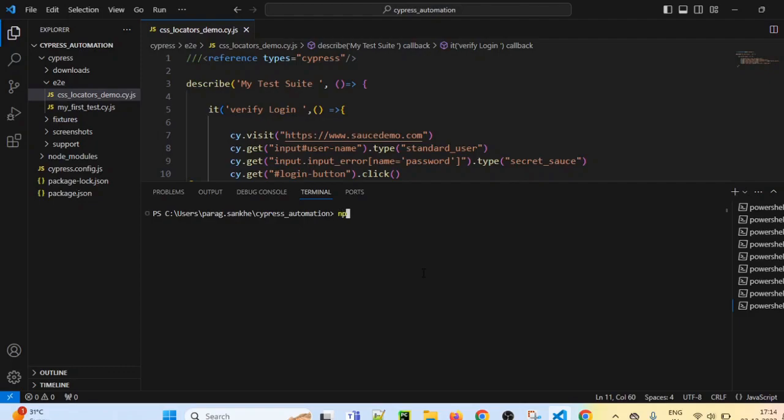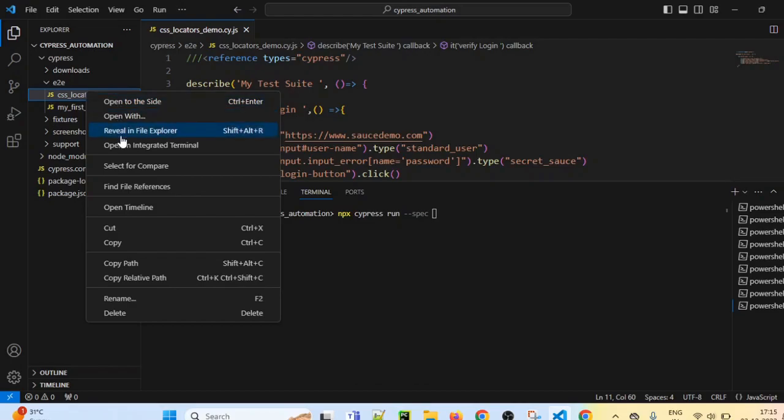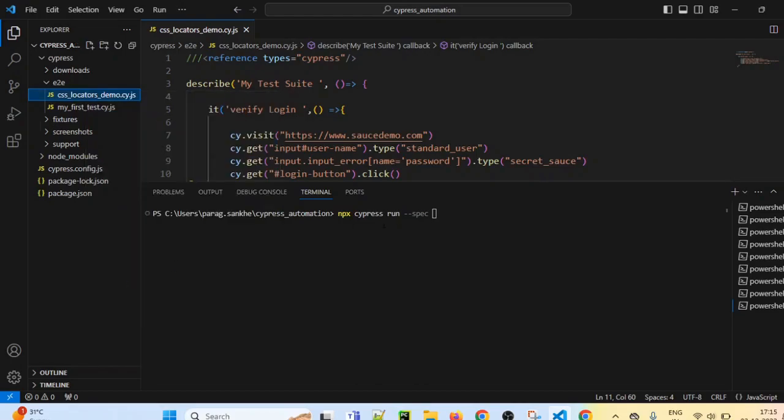I will use npx cypress run, and I want to run only this specific file. So for that we have seen the command, hyphen spec space. After that we have to provide its relative path, and we have to run it on Chrome browser in UI mode.